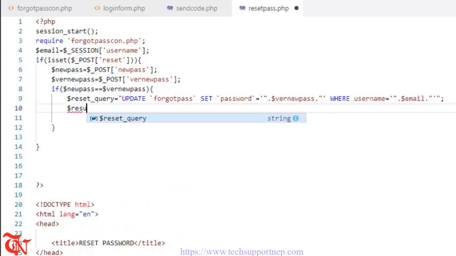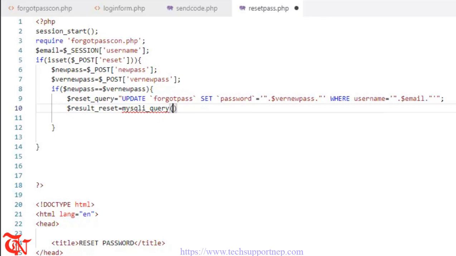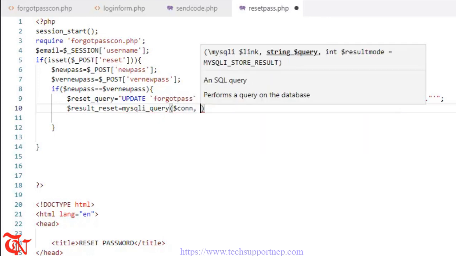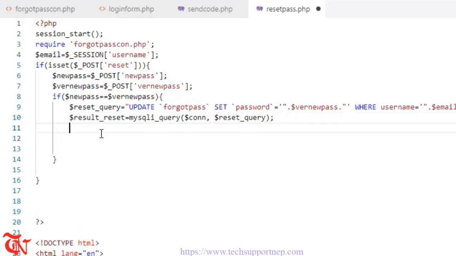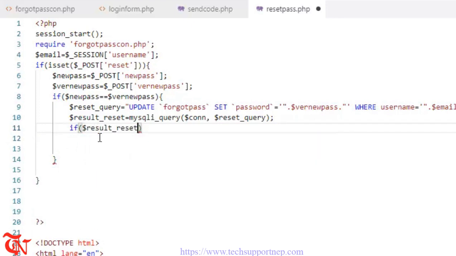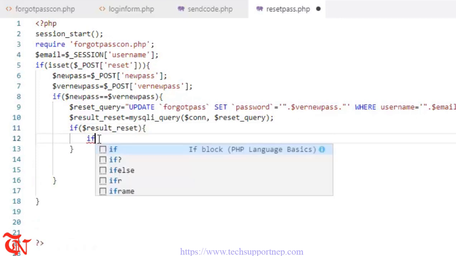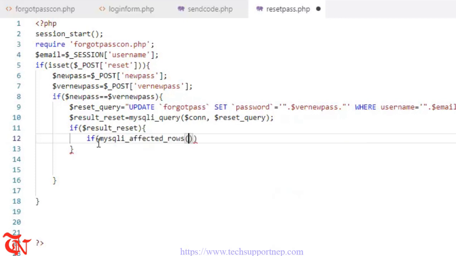We need to execute this query and store the executed query result in some variable. So result_reset is equal to mysqli_query, and here goes connection, and then reset_query. After executing this query, we need to check if there is some result. What we are going to do is check if mysqli_affected_rows, and here goes connection, is greater than 0, meaning if the database table is altered by this query,